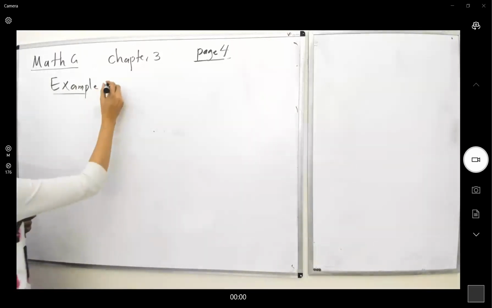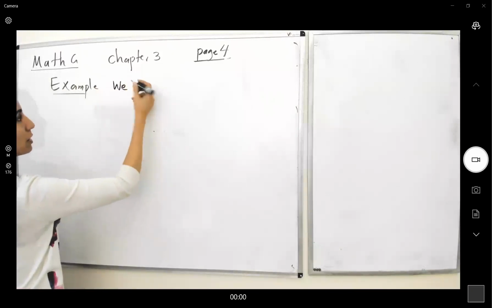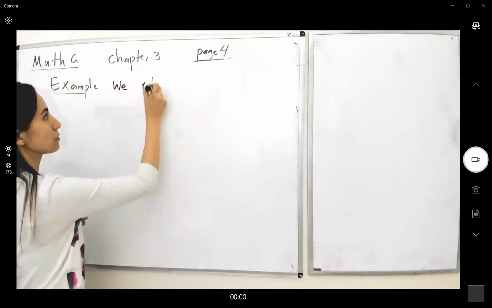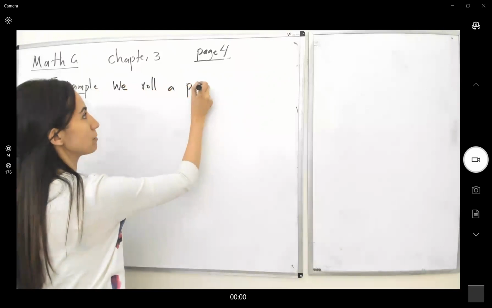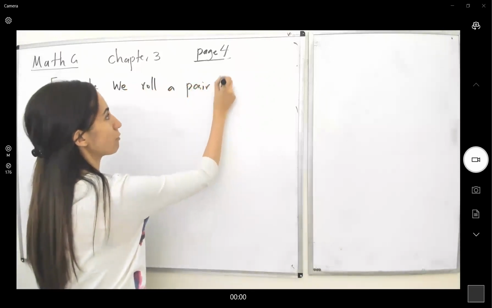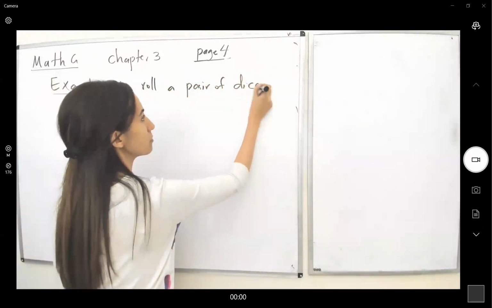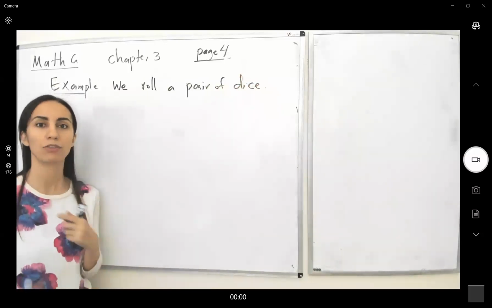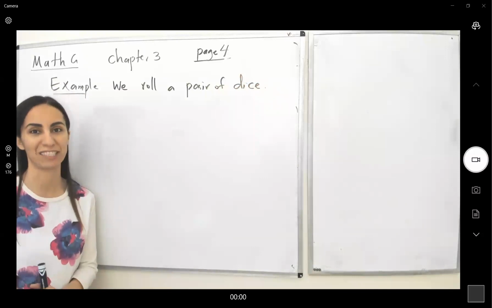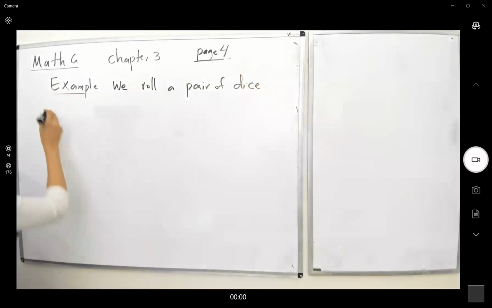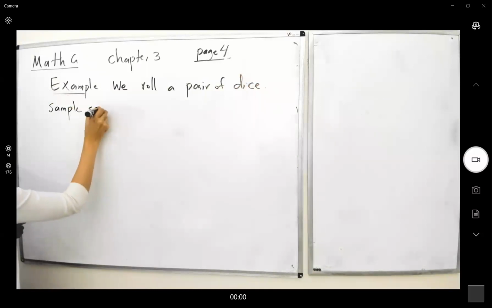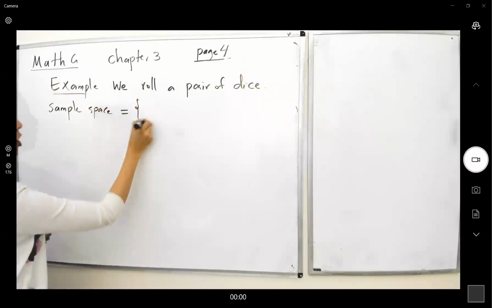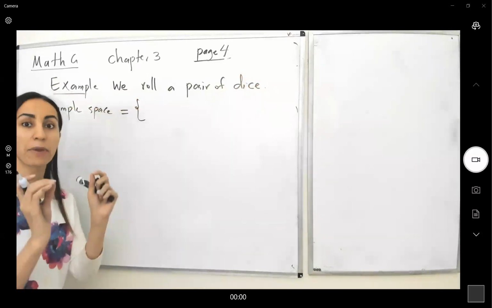So in this example, we roll a pair of dice. Before writing the events, I want you to think about the sample space. The sample space is going to be a collection of pairs,